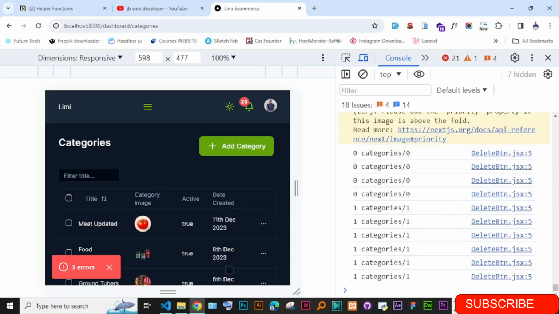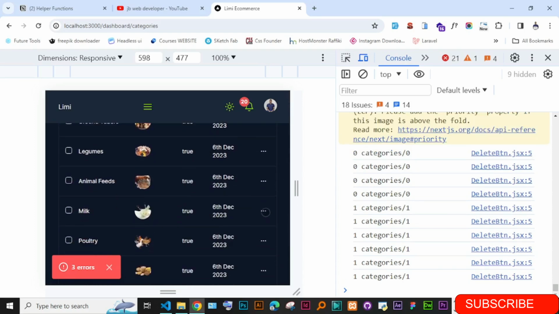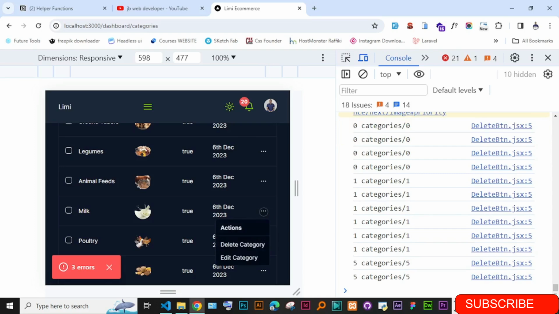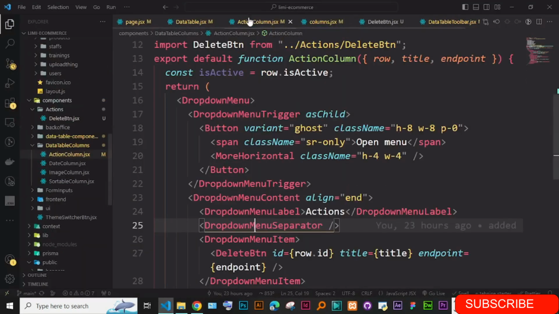Let me just scroll down, something like this. The problem I'm having is, is it clicking this before I click it? But it seems like the ID and this are being picked. Okay, so on the action,